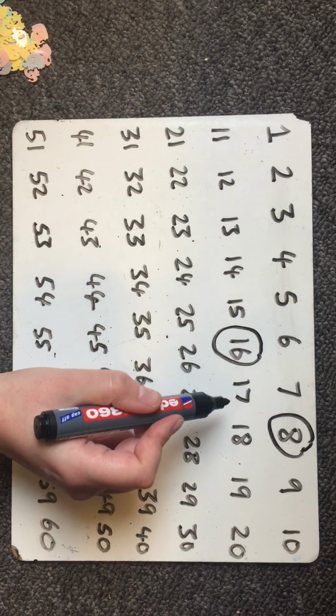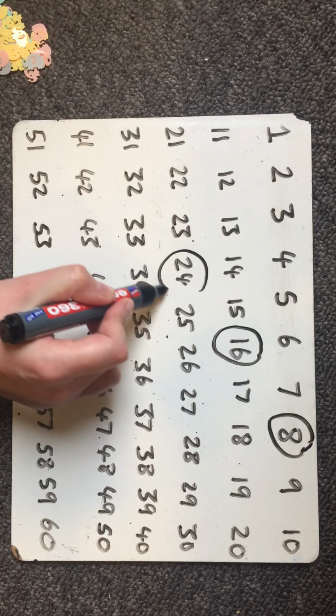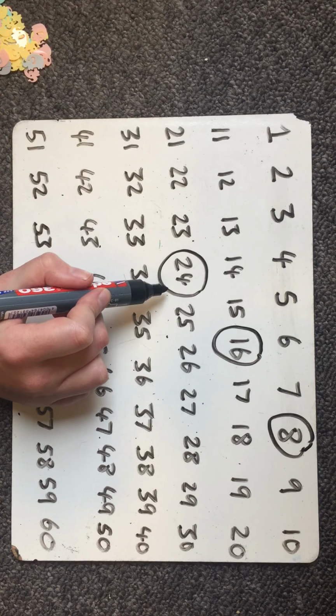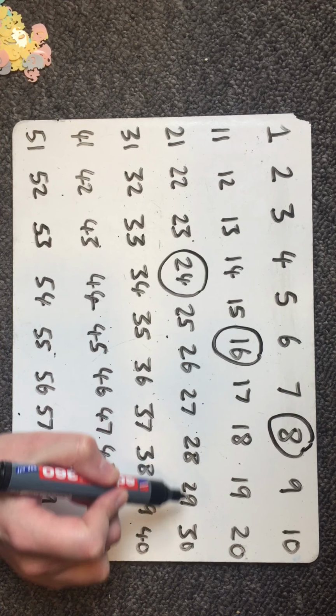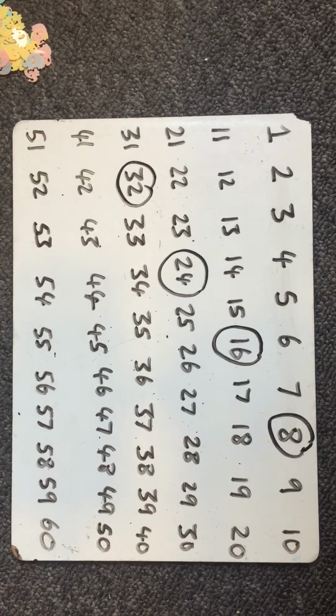Let's do our next one. 1, 2, 3, 4, 5, 6, 7, 8. What's the next one going to be? Pause the video, count on 8. 1, 2, 3, 4, 5, 6, 7, 8. Next one's 32. I would like you now to pause the video and work out which ones I should circle